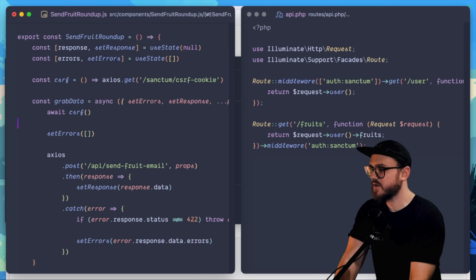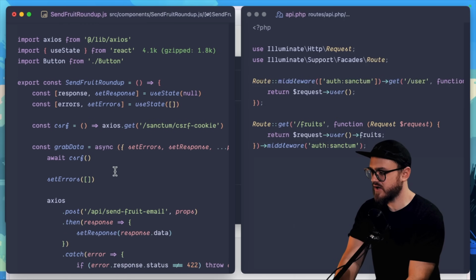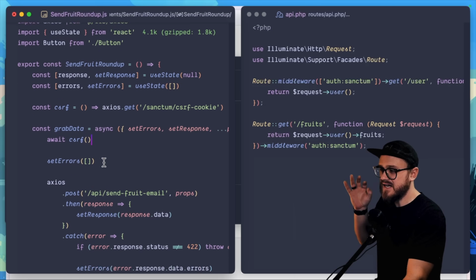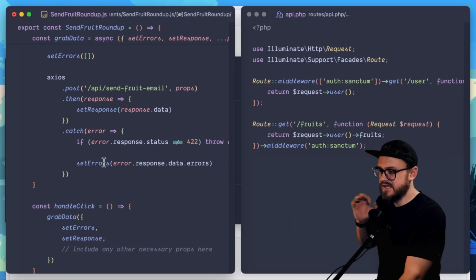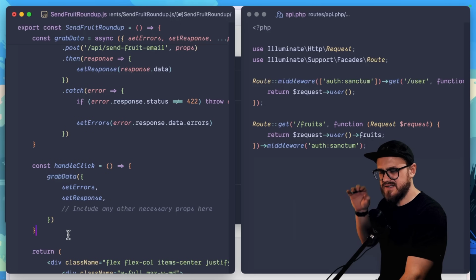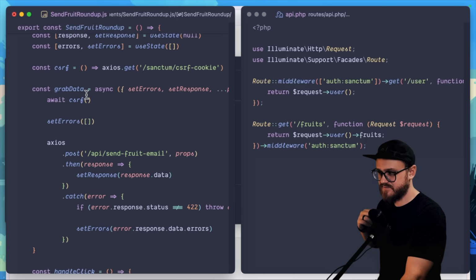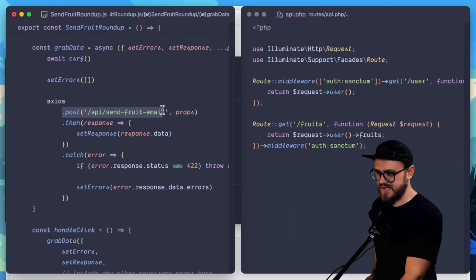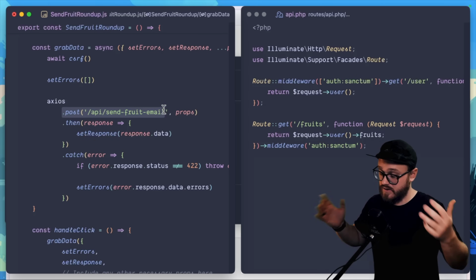But if we go into our send fruit roundup, which is one that I created, we're basically grabbing that Sanctum cookie. But then when this button is clicked, we have this handle click button. When this button is clicked, we're going to grab that data. That's sending the cookie off, waiting for that, and then posting to this send fruit email API endpoint on our Laravel application,